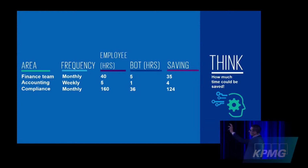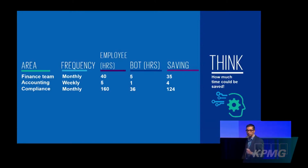You can see on the left-hand side there, the specific area where we employed some RPA cases in the finance team. For instance, a process which used to run on a monthly basis and used to take 40 hours for a human being to perform. We managed to get that down to 5 hours every month, so saving something like 35 hours every month of that specific person running